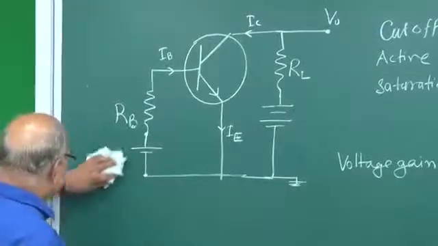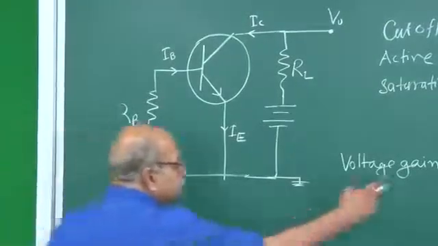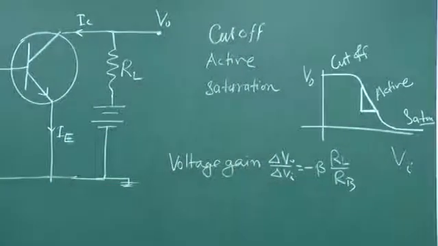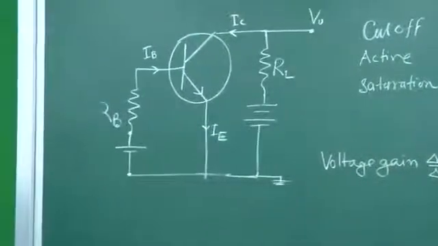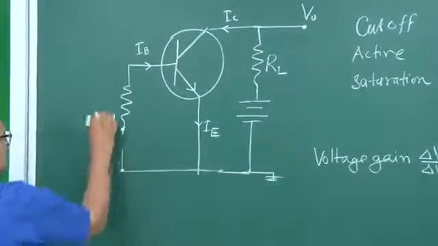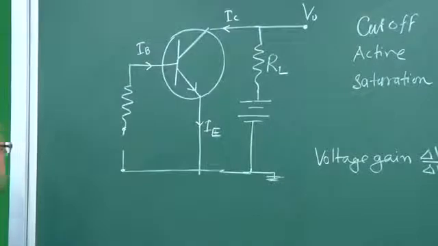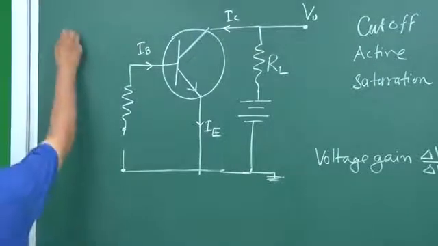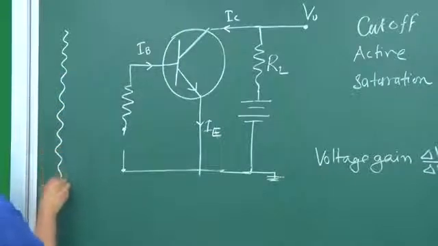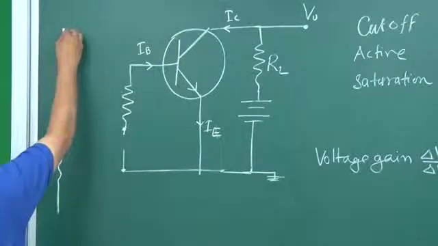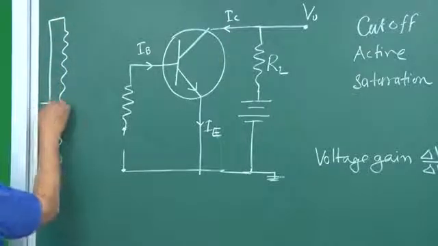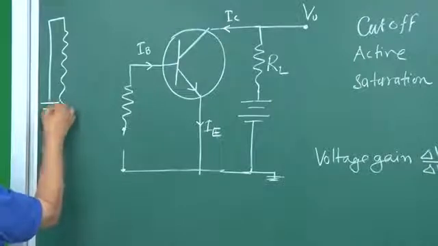Okay, before that we have to change this VI. And then we will see all those regions. So how do I change it? What we have done in our experiment is the following. We have taken a long heater coil, a resistance in fact. This is a resistance, and then on this resistance we are putting a 1.5 volt battery or cell,